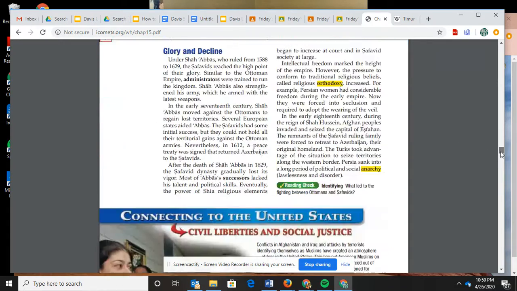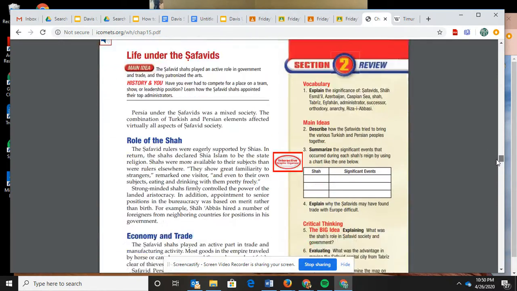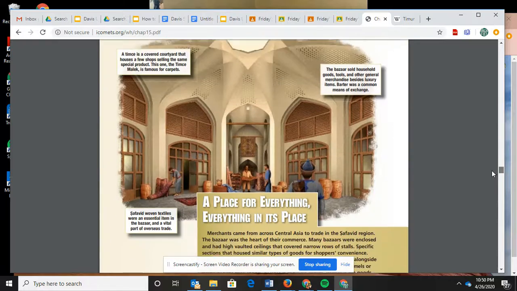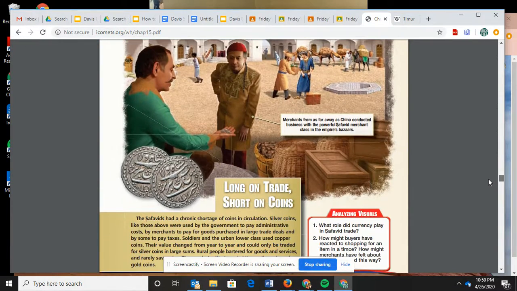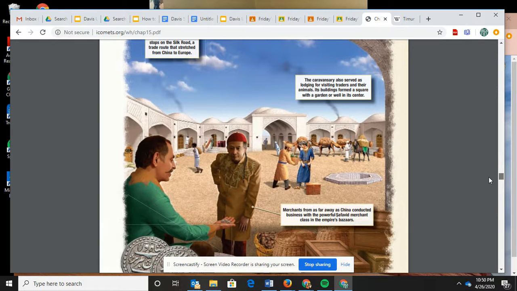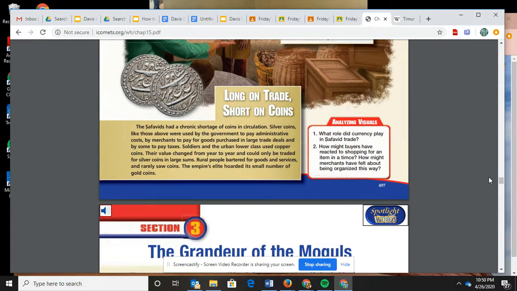So let's move on to the Mughal Empire, and this is in India today. This goes on to talk about Persian rugs and trading. Trading has always been a big part of Islam because Muhammad was a merchant, and also this is not tons of great farmland out here, so you have a lot of people going back and forth trading goods from more fertile areas. So some really good sources here.